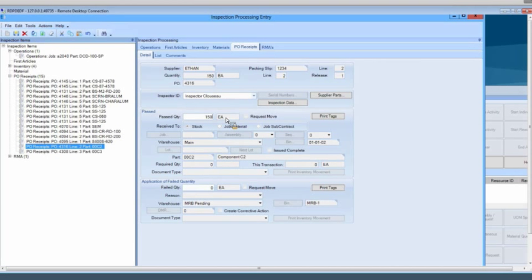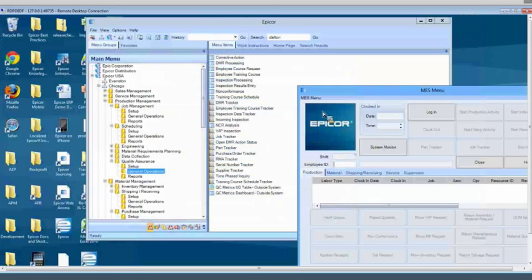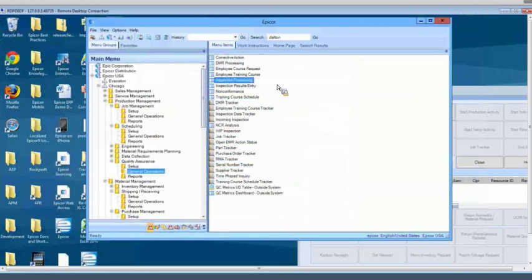I really do need to go through and choose a warehouse and a bin to put them in. If I had pushed this through to fail, the system would have generated the DMR for me and started the process for vendor return. Okay, so now if we look at our part tracker,